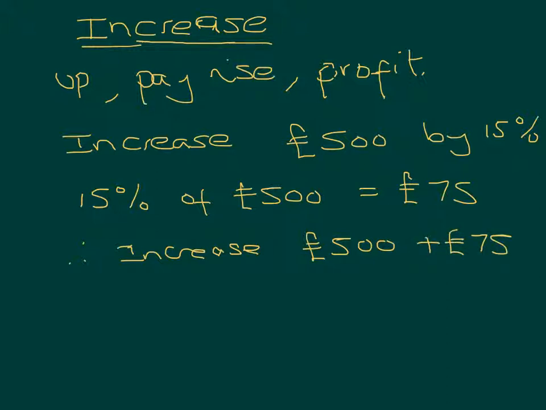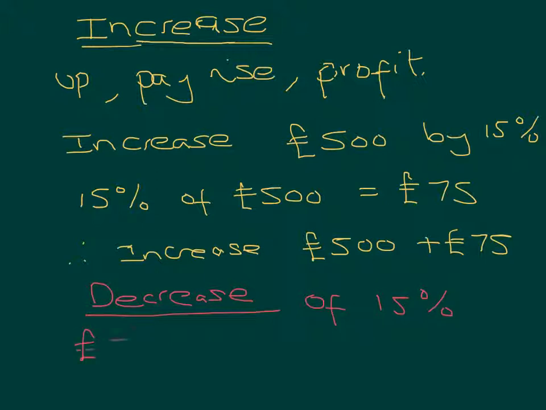If the question had used the word decrease, so perhaps loss, reduction, sale, all kinds of words that might lead us to think of a decrease. If we'd got a decrease of 15%, that would mean we'd need to take off from £500, and now we would want to take off our 15%